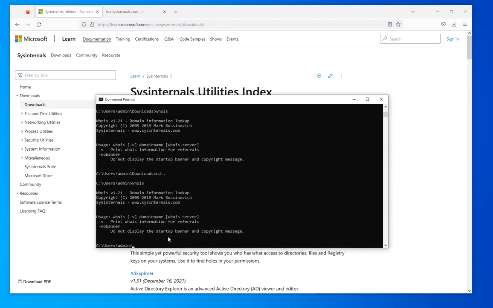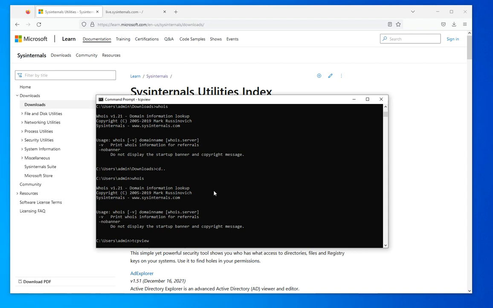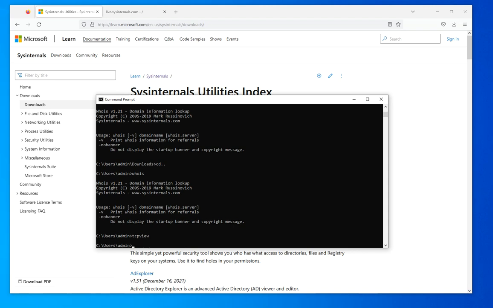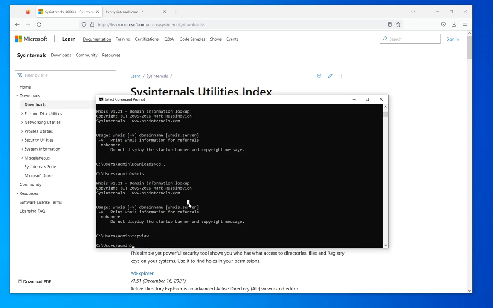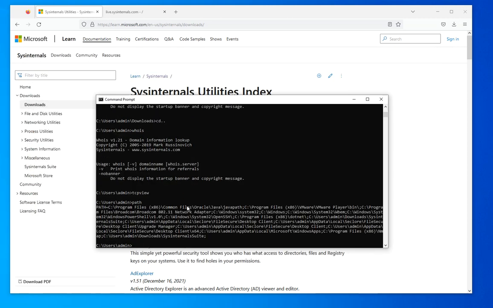So let me just do this. If I do, for instance, TCPView, see, it's running even when I am not in that directory. And the reason for that is because I added that directory to my path, as you could see, it is right here. And the way for you to do it is by